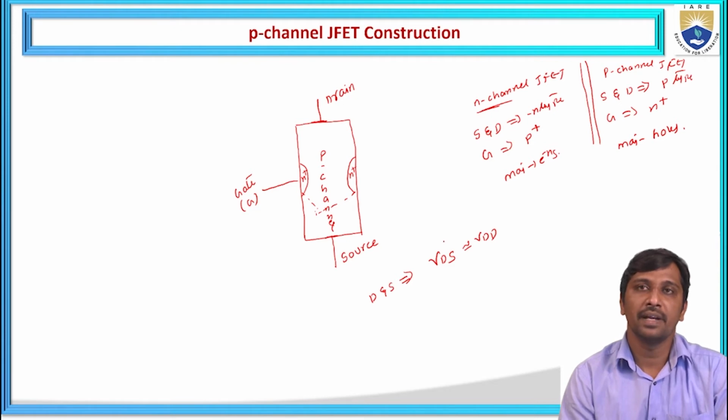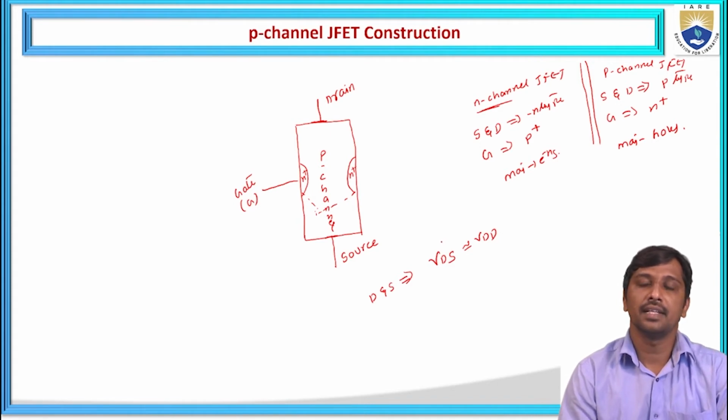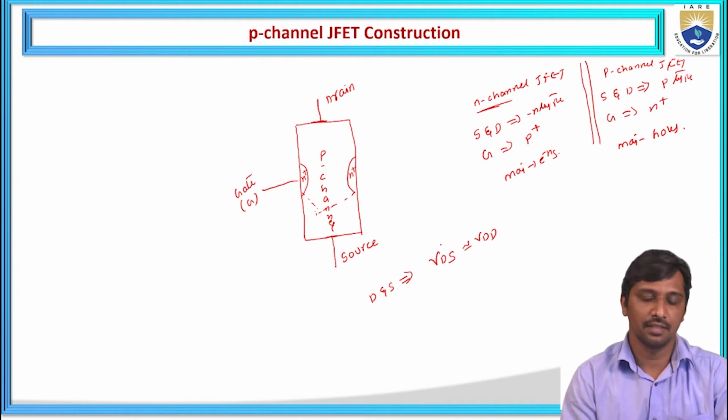But why is the biasing required again between the gate and the source? It is to control the flow of current. That can be done through a biasing voltage applied between the gate and the source. So, coming to this P channel JFET and based on this construction,